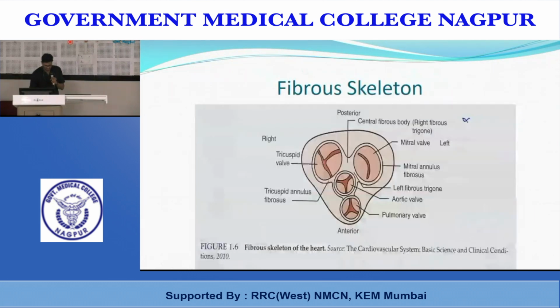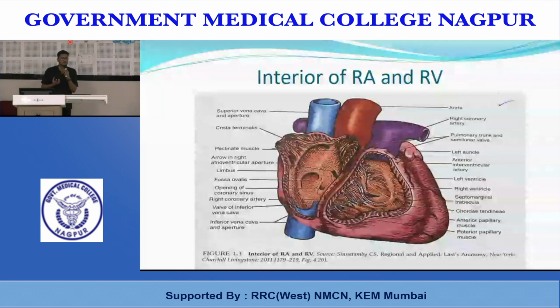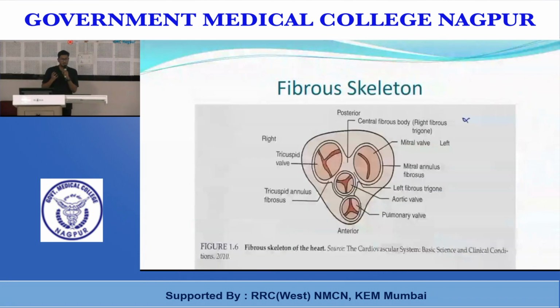Then many times it is asked, how is the heart suspended in the mediastinum? The reason is this fibrous skeleton. The heart does not have a bone, but the heart has this fibrous skeleton. On the basis of this, you have all four walls, the atrial and ventricular muscles are attached, and this is how the heart is